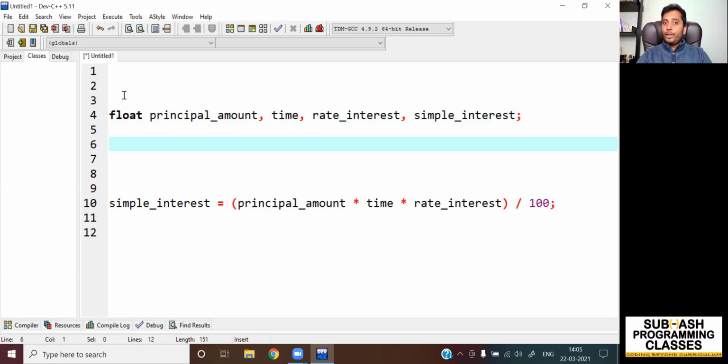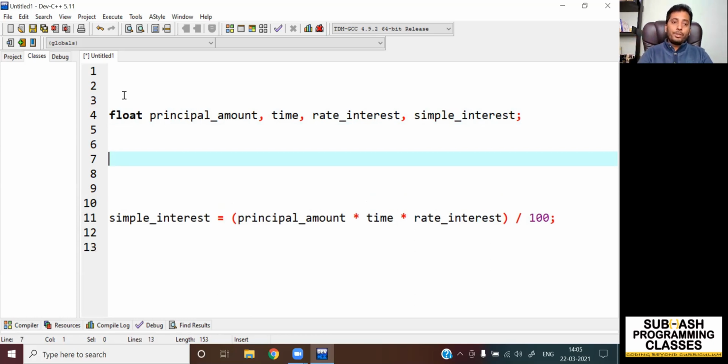There are 2 ways in which you can give values to these variables. One is you can hard code the values, or second, you can take the user input through the keyboard using scanf. We will use the second method, using scanf, because taking values through the keyboard during runtime is more generic than hard coding values. This is what we learned in our previous lesson: we must never hard code values, and we must always make sure that our code is generic. So now let me use the scanf.